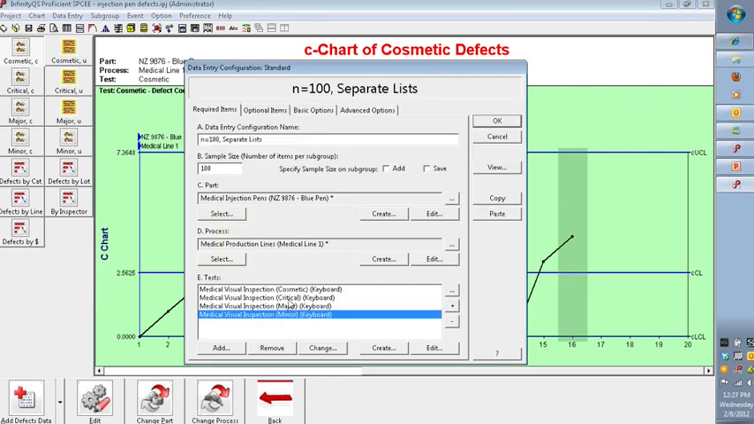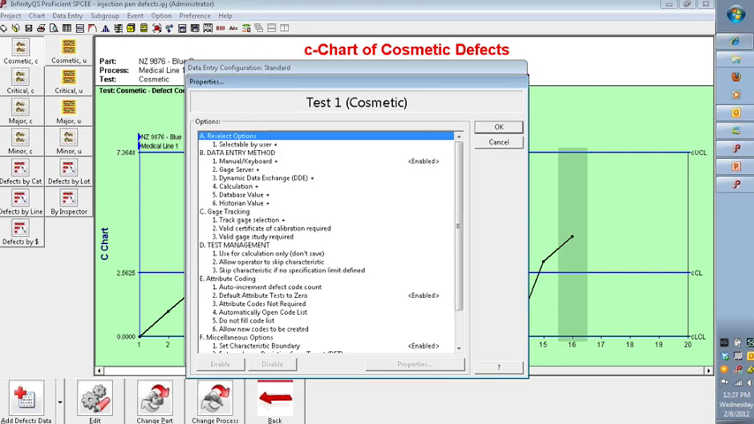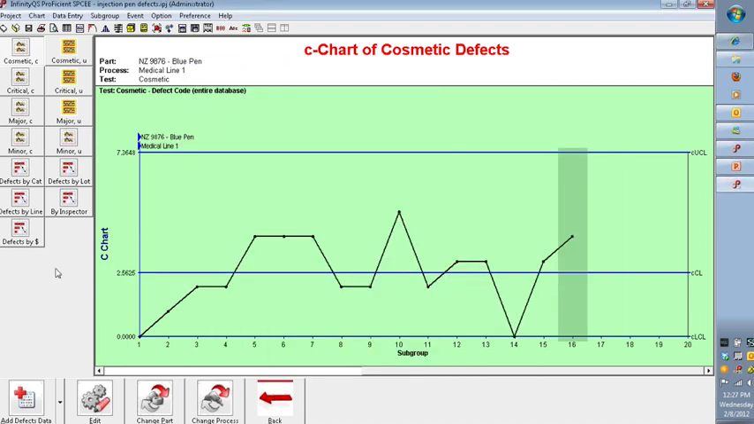My data entry configuration has the 4 independent tests. And if I go look, the test is set up as type defects. And that's where we were talking before about defects versus defectives. It allows me to know what kind of counting to expect. And then down here I've got a list, and I say, okay, for the cosmetic test, this is the associated defect group. And that's what populates the list with those values. I really don't have many options turned on other than the default attribute test to 0, which effectively allows me to save a blank subgroup. So I'll cancel this data entry configuration, and we're going to go to something that I think is a little